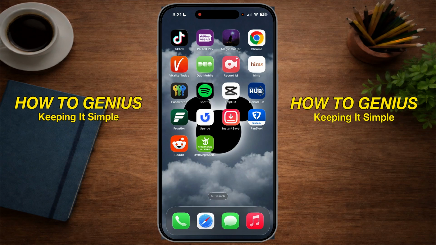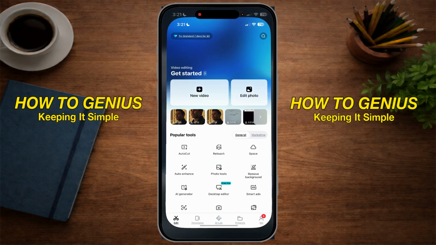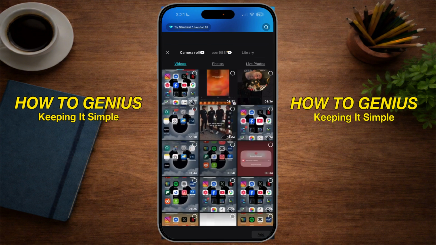In this video, I'm going to show you how to split screen on CapCut Mobile. This will work for iPhones and Android both, since it's just in the app itself. So go ahead to your CapCut, and we're going to do a new video, and I'm just going to pick